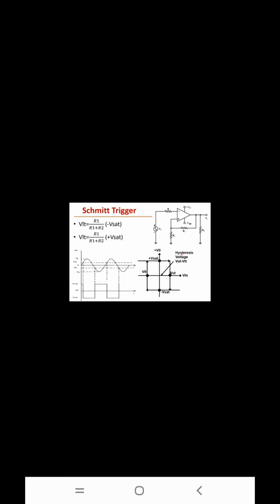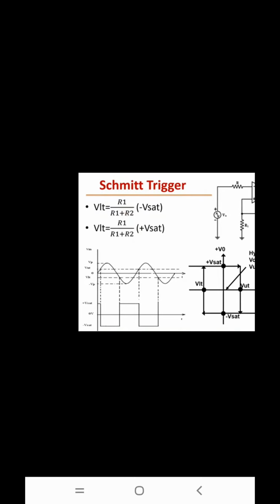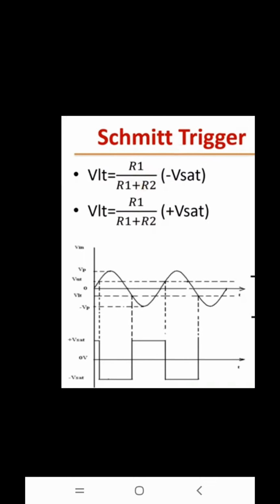Okay, also the positive feedback, because of its regenerative action, will make V0 switch faster between positive Vsat and negative Vsat. Okay, so here you see we have made ROM almost equal to R1 parallel with R2. It is used to minimize the offset problems. Okay, so in the figure here you can see the graph.